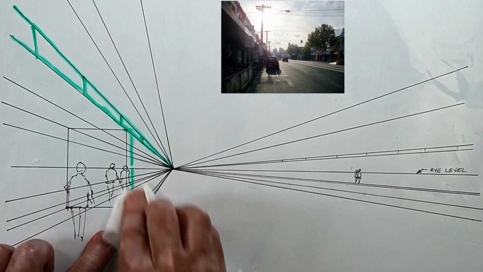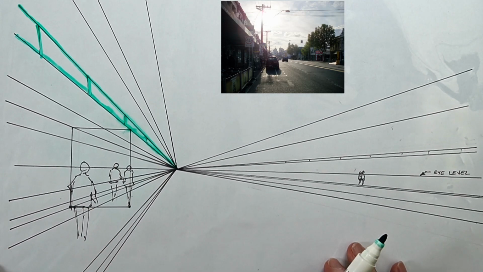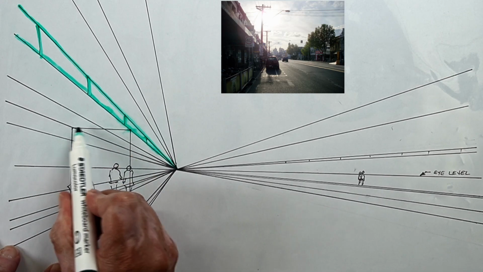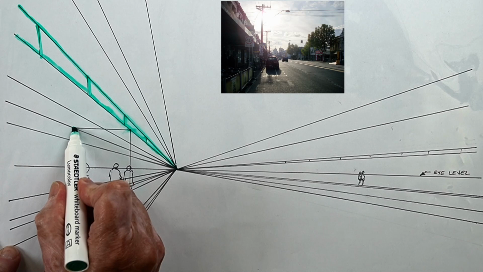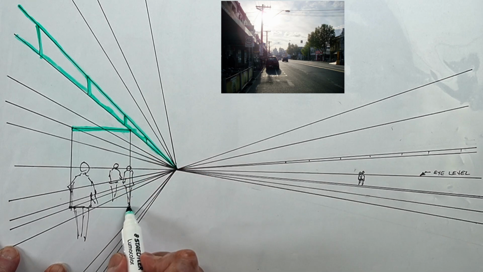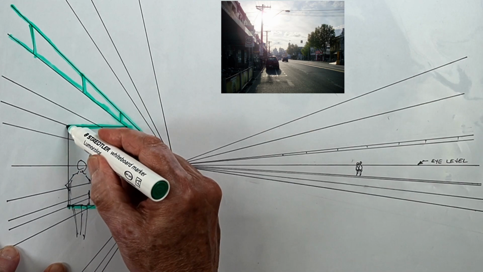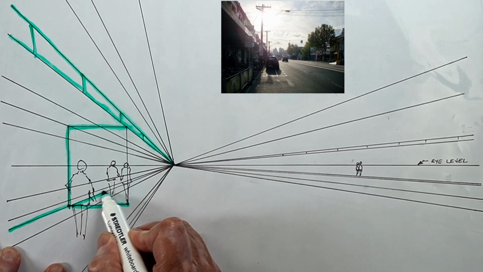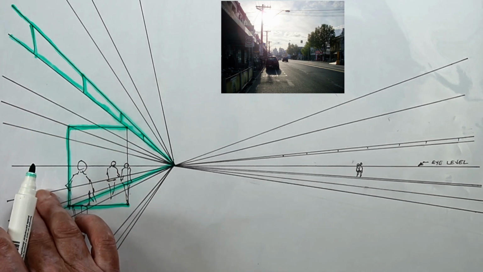I'll get rid of this line here now. And then I look at my photo and roughly estimate how wide the bottom of the awning is at this position, and then I'll connect that to this corner with a horizontal line. I can then take another line from the foot of this reference figure, bring it in, and then if I drop a line down and where they meet, that gives me the corner of where the walls of the building